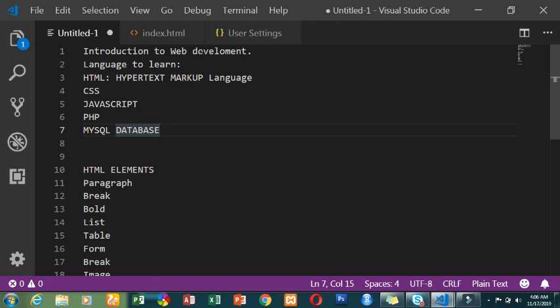Introducing web development. It's a dynamic way of publishing our information online. I mean, dynamic means that it's interactive. Now, web application is also known as web programming, either you want to write code or you want to learn how to write code. So one of the things you need to know is that